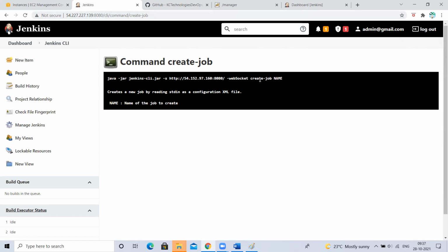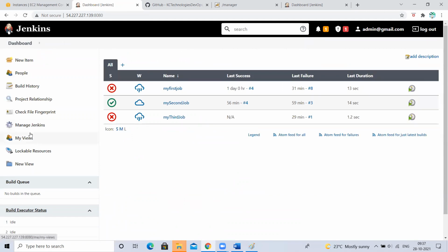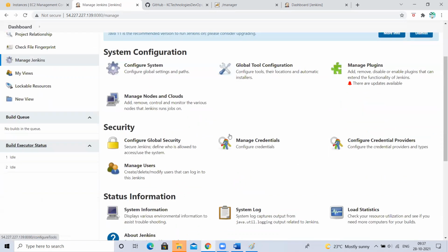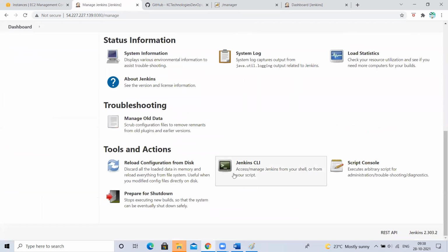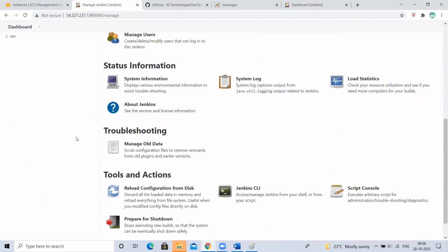If you create a job with the name of the job, it will create a job for you. So through commands, you can do that if you want, but you don't need to learn that. There is an option also, if you want to control or work with your Jenkins through commands, you can do this also. Okay. Next,